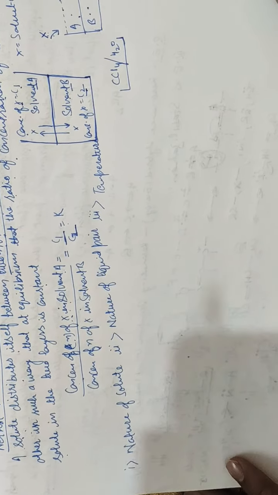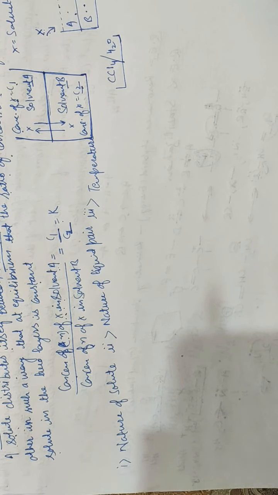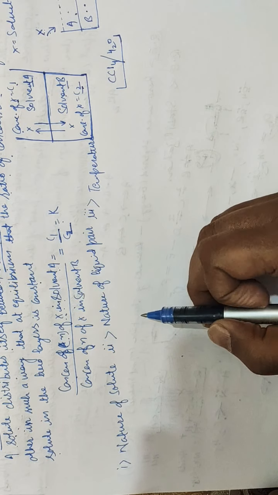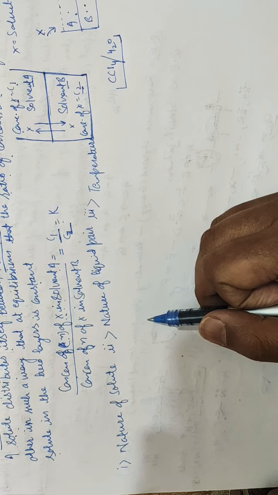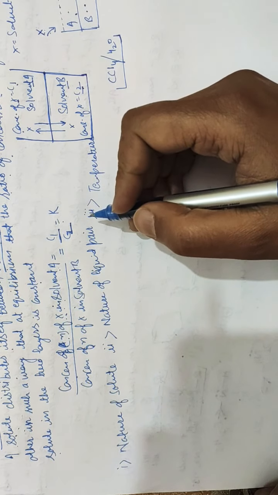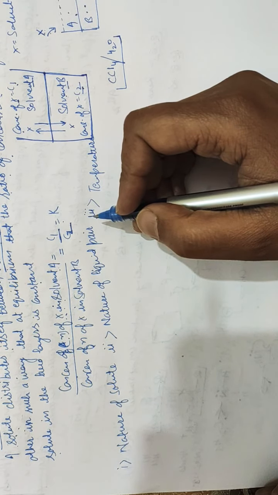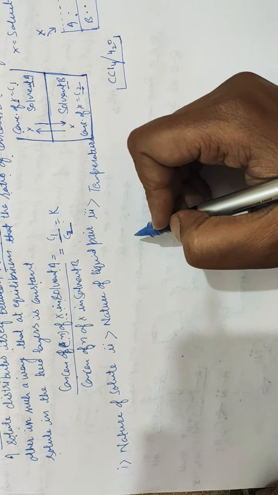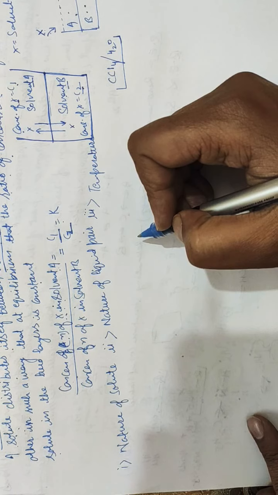Further, the Nernst distribution law studies the distribution of a solute between two immiscible solvents in contact with each other. Whether we write immiscible or non-miscible, it is one and the same thing. For example, when a dilute solution of iodine in water is shaken with carbon tetrachloride, the iodine distributes itself between the two immiscible solvents. Iodine is about 86 times more soluble in carbon tetrachloride than in water.